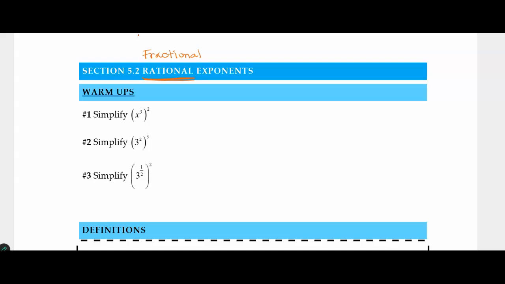So if I have a power raised to a power like this, right, x to the third all squared, so they have these parentheses here, power raised to a power. Well, that's going to be x to the sixth, because it's basically saying I'm taking x to the third times x to the third, and then if I write those out even more, well, x to the third is x times x times x, and the other x to the third is x times x times x, so that really gives me x to the sixth. Right? And so we can see that we've got to multiply those two together to end up with x to